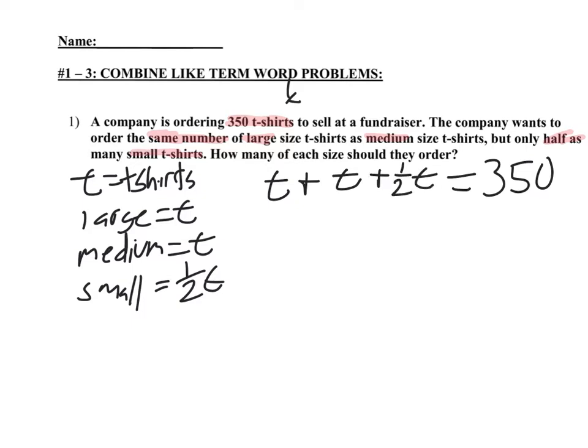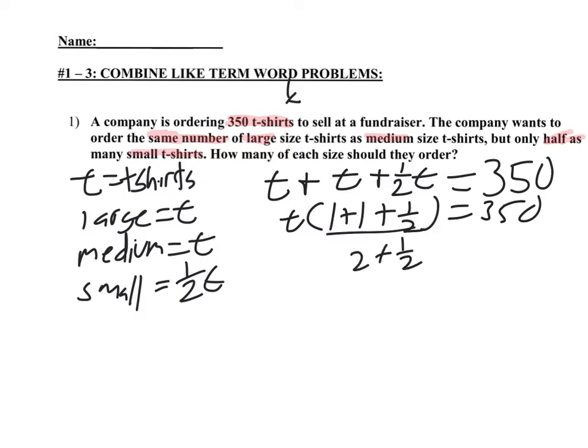So we can simplify this with the distributive property, or since it's already distributed, another way to look at it would be your variables on the outside. 1 plus 1 plus 1/2 is equal to 350. So we can combine all the like terms in these parentheses. 1 plus 1 is 2, plus 1/2, we're going to get 2 and 1/2. But until we solve it, we're probably going to keep it as an improper fraction. So we're going to get 5/2